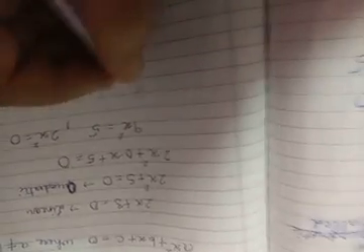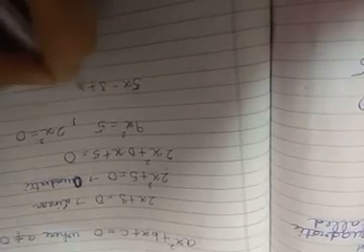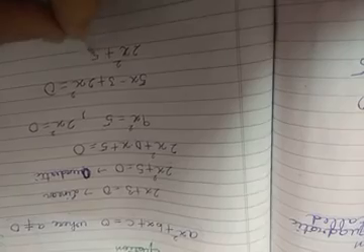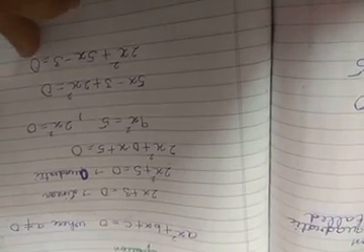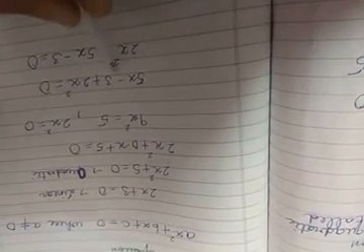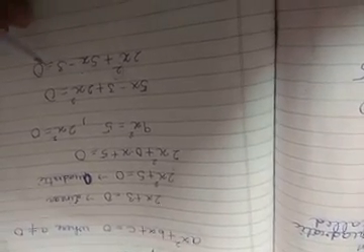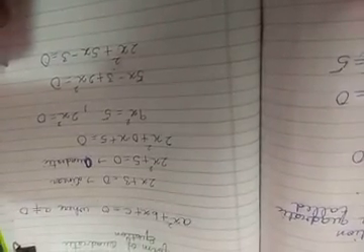In descending order of their degrees, that means if we are given 5x minus 3 plus 2x square is equal to 0, then in standard form how will we write it? Firstly the term of x square, then the term of x, and after that the constant term. We write terms in descending order of their degrees: first the 2 degree term, then the 1 degree term, and then the 0 degree term, you can say the constant term. Okay, so this is a quadratic equation.